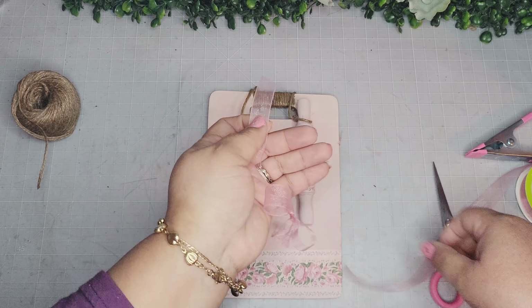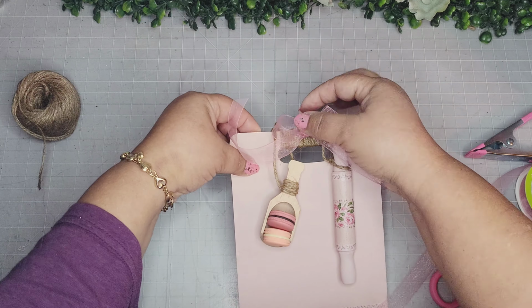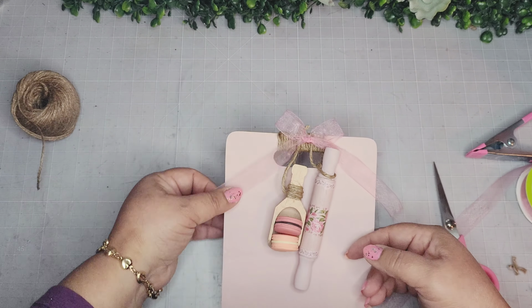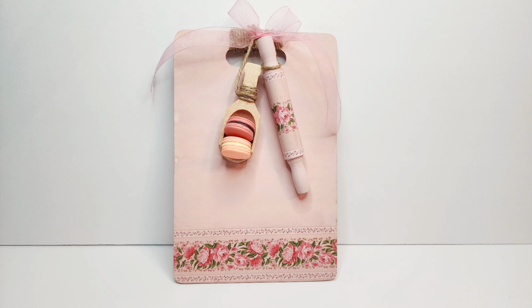Snip off the ends in diagonal, add a dab of glue and adhere it to the top, and that is it. So this is how it looks, and a closer look at the final reveal. For DIY number 5,